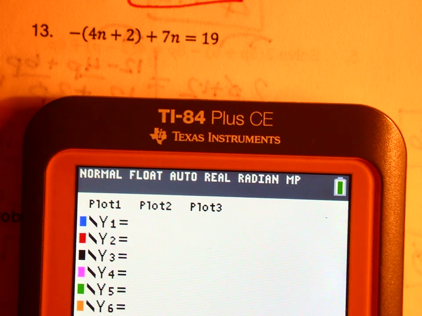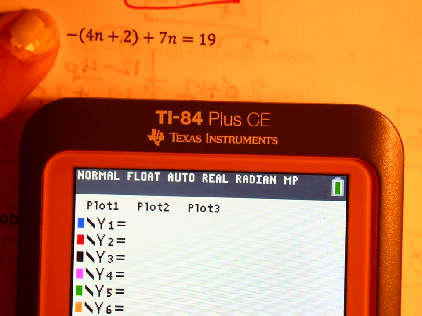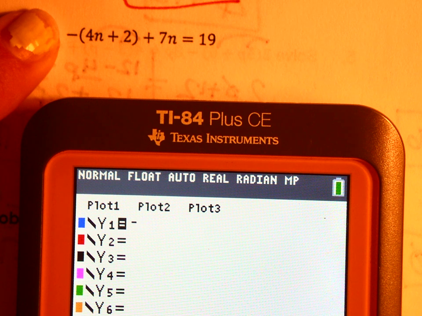All right, so let's try this one. So on this one, I'm going to type the left side in. Now, if it comes first, this is a negative sign, not a minus. 4x plus 2